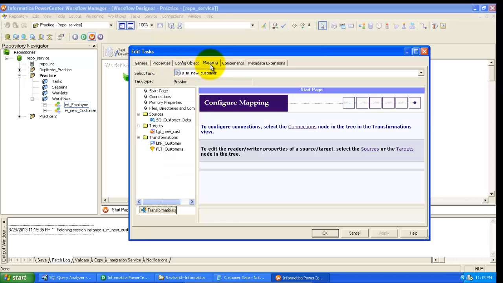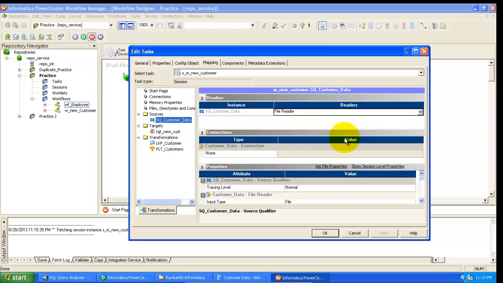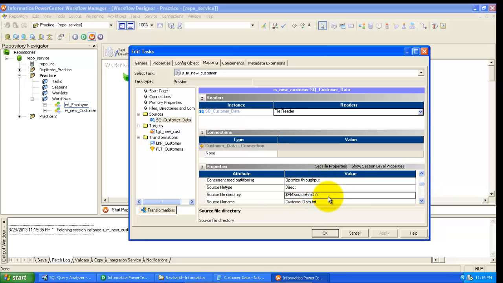Go to mapping, click on source. This is my source where you can see file reader, and you keep the file reader as is, and here I need to provide the source file directory, which means the path of the source file.